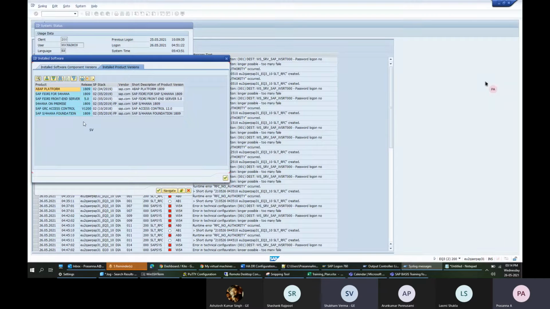Okay. Here, if you see SAP S/4HANA, this is an S/4HANA system. If you see the fourth row, S/4HANA on-premise, it's like the newest version of ECC. We discussed ECC, right? Yes. Apart from it, there are other products also installed on it. The main product is S/4HANA on-premise. Okay.